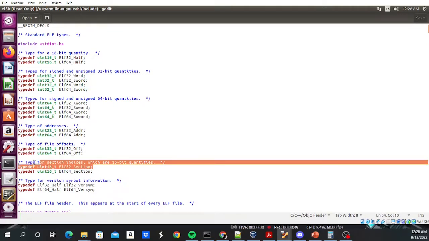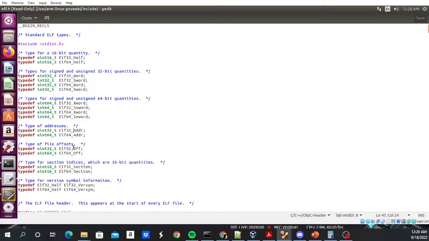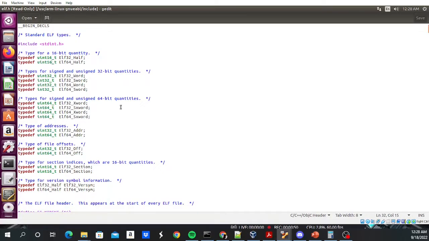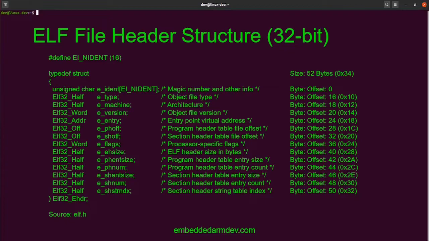This one I don't think we use, but we use offset, we use address, we use word, and we use half. Just to make sure you familiarize with those sizes, because that affects the size of the file header. All right, so here we have the structure of the file header that I pulled out of elf.h,